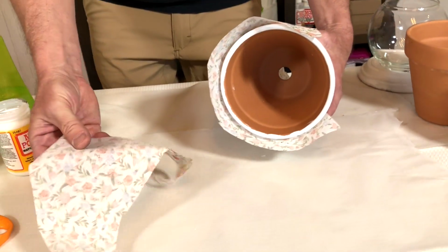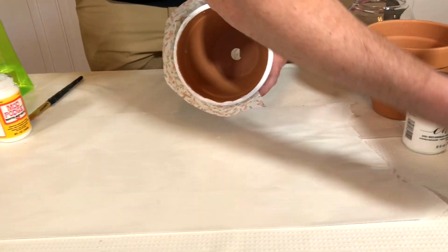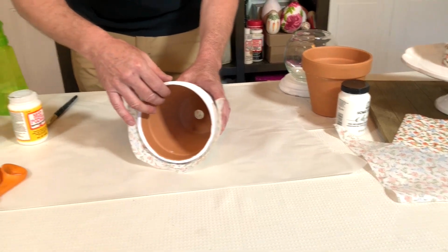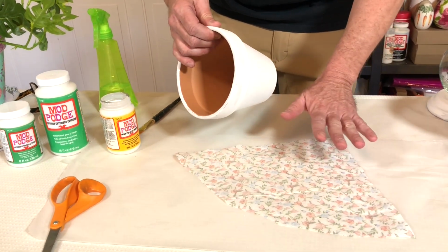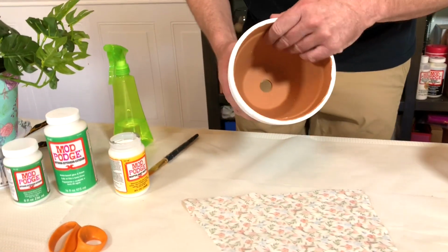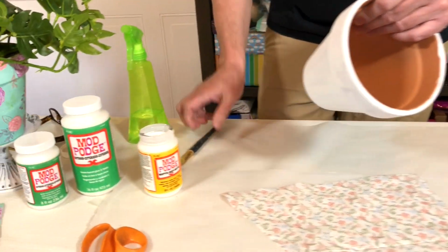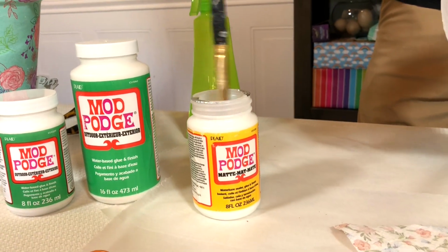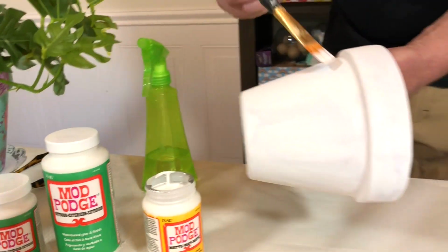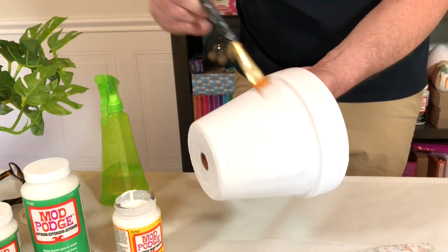Okay, and I'm gonna set this aside, not too far, because I'm gonna be using that. And there we have it. There is the piece that I'm gonna be using. So the first thing I wanna do is add Mod Podge. I'm gonna be using the matte Mod Podge over my entire primed clay pot. And I'm just gonna go all the way around